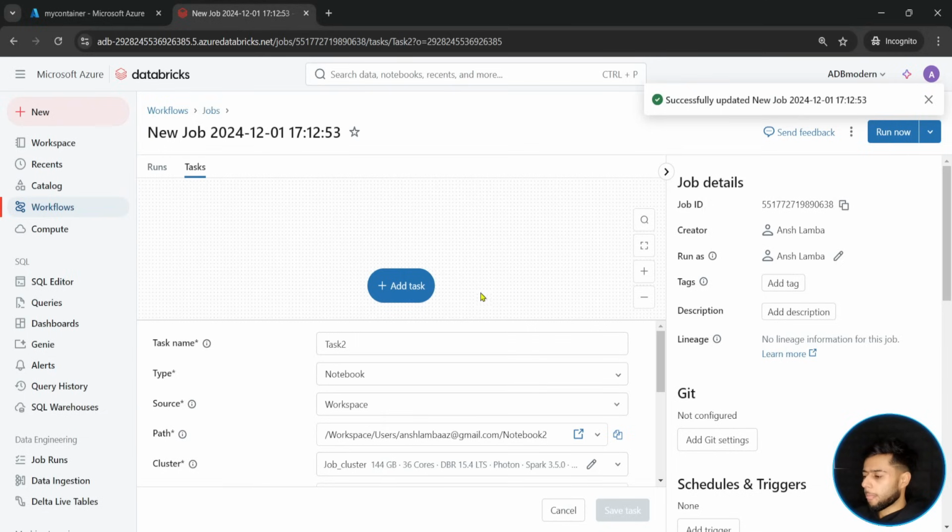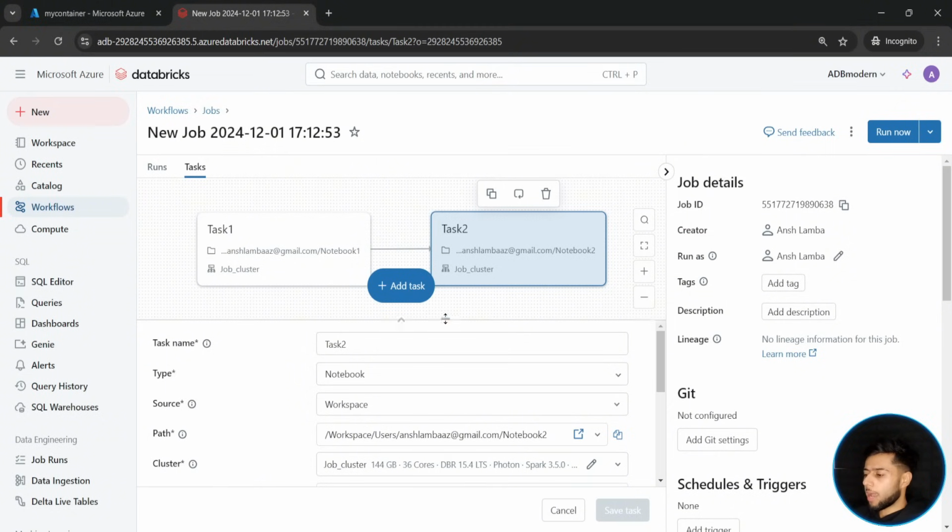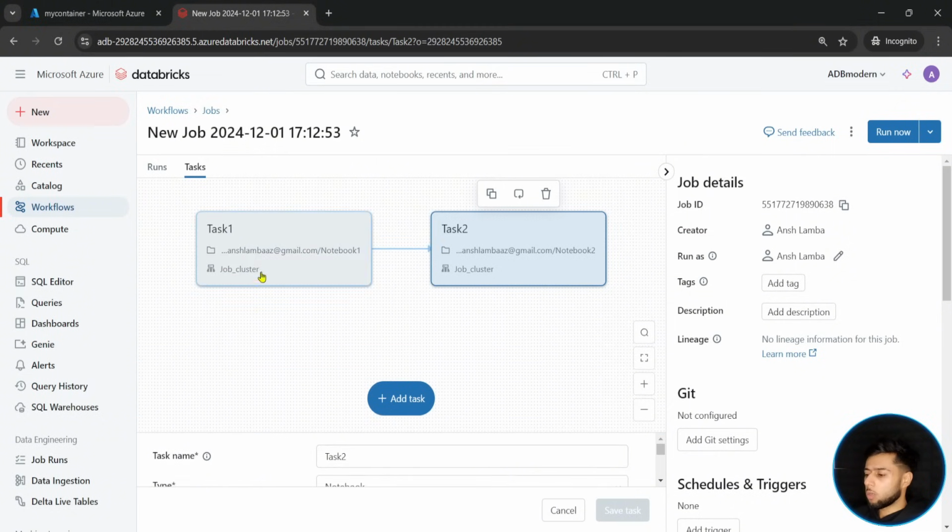Perfect. So now if you see, I have my data pipeline having two tasks, task 1 and task 2. I want to run this pipeline. How can I run this? Simply click on run now,